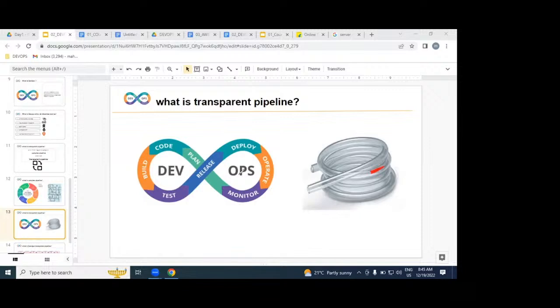Because DEVOPS is an automated process. DEVOPS is a transparent process. In the middle, if you got any issue, any problem,